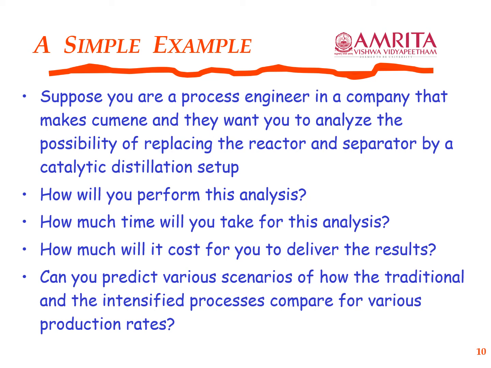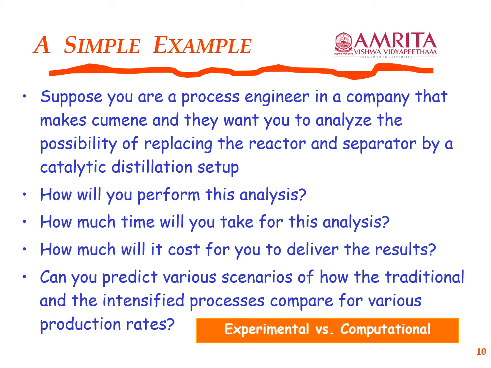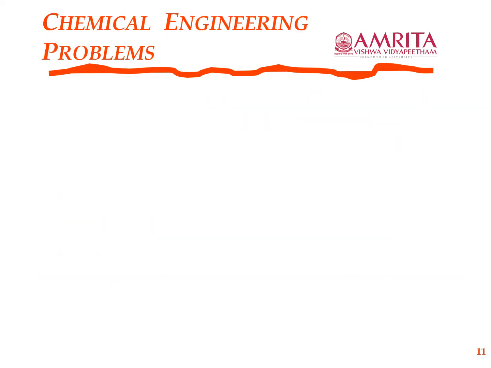And therefore, as you can see, based on this rather longish introduction and case study, there are a variety of problems that a chemical engineer faces and solves on a regular basis. And computational modeling plus simulation approaches play a very crucial role, in addition to experimental understanding, in solving these chemical engineering problems. And therefore, here is a list.